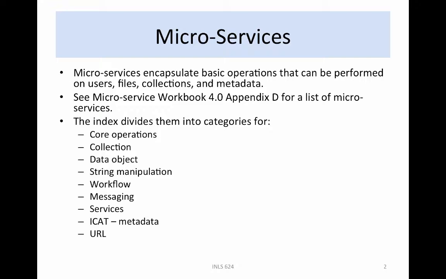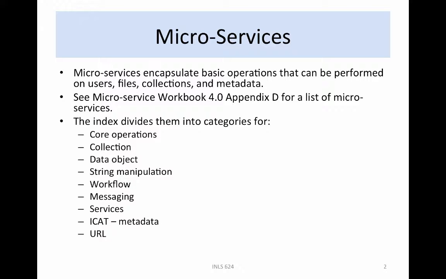The procedures are saved as a rule file ending in the text .r. An index of over 300 microservices provided in the iRODS data grid can be found in the Microservice Workbook 4.0, Appendix D. The index is sorted into categories for core operations, basic operations supported by the iRODS framework, collection operations, operations to create, move, delete collections, data object operations to create, move, delete, replicate files, string manipulation, operations to create,